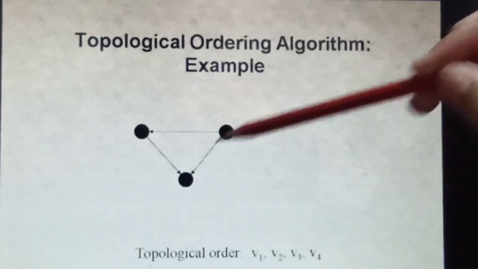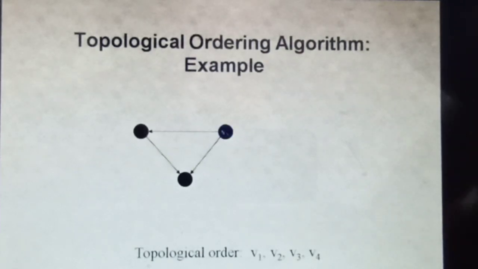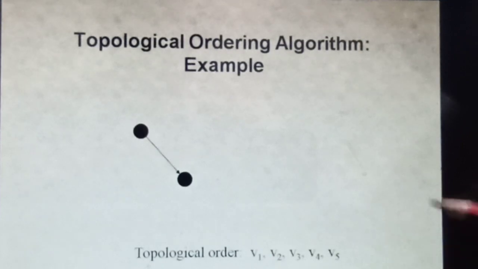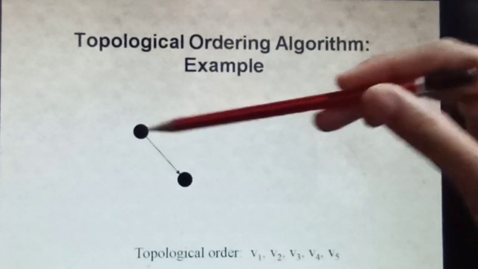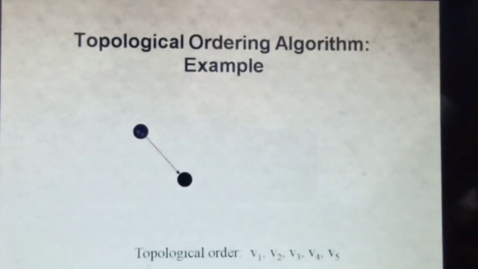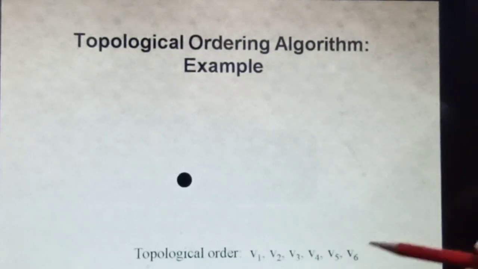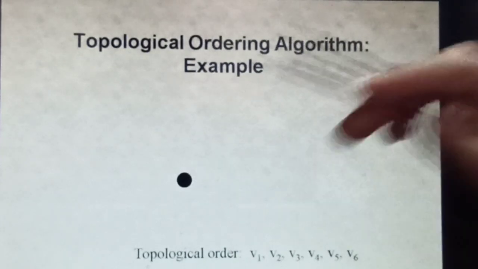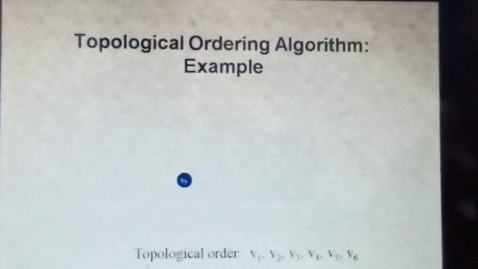In the remaining graph here, this is the vertex which has no incoming edge. So we will mark this as V5. We will delete it along with all outgoing edges. We will note it. In the remaining graph, now two vertices remain. So this is the vertex which has only outgoing edges. So select that, mark it as V6 and delete it along with all its outgoing edges. Note it. Only one vertex remains. Mark it as V7 and delete it.